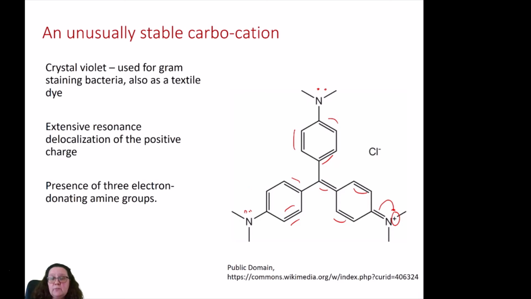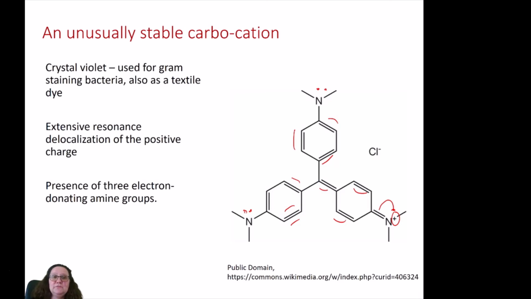And you have, on one hand, the conjugation of those alternated double bonds, and also the presence of three amino groups, three nitrogens with a non-bonding electron pair that again donate electronic charge to stabilize that